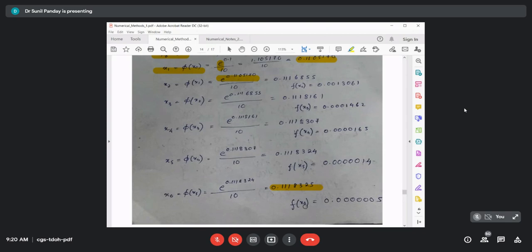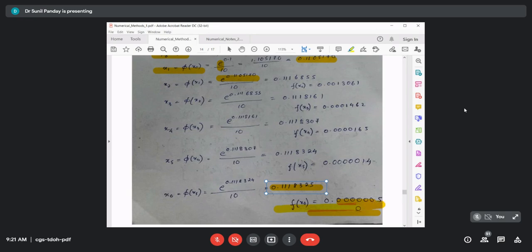0.118325. We are not going to perform an infinite number of iterations, so somewhere we have to stop, that is, we have to define our stopping criteria: if that much is the error, then we can stop here. So here we are assuming that if the absolute value of f of xk is less than 10 raised to power minus 6, we will stop. So this is the approximated root we have obtained through the fixed point iteration,